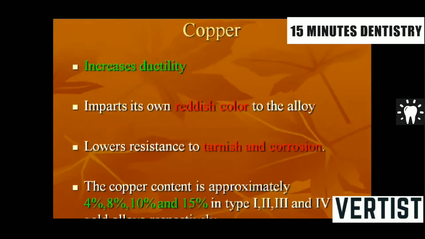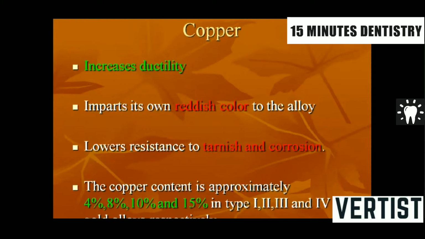It increases ductility, imparts a reddish color to the alloy, and another disadvantage of adding copper is that it lowers tarnish and corrosion resistance. All of you must have seen utensils made of copper always gather a surface layer of greenish or grayish or blackish color of cupric oxide, or copper oxide, which people clean off with the help of lemon or some other acidic substance. So tarnish and corrosion resistance is lowered once we add copper to the constituents. So that limits the addition of copper to the alloys.